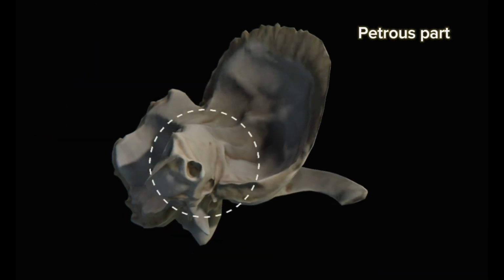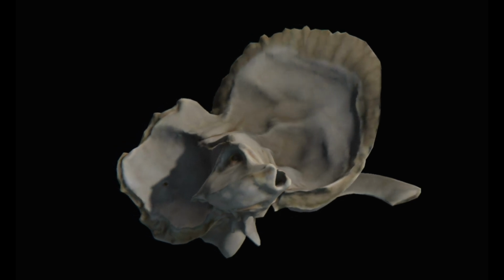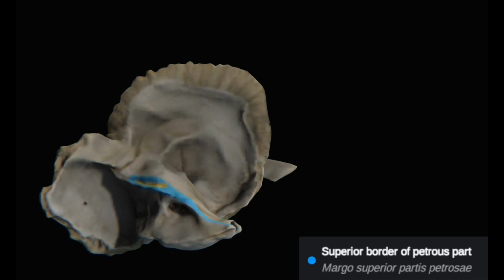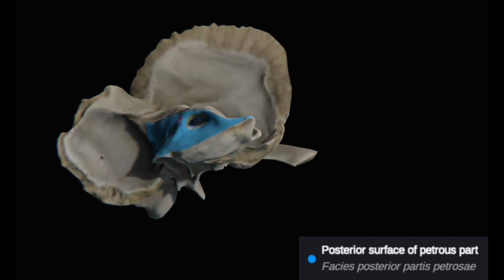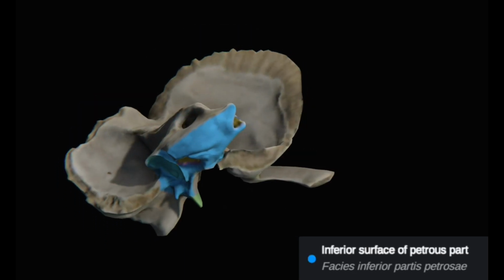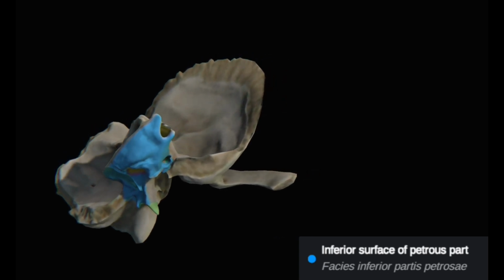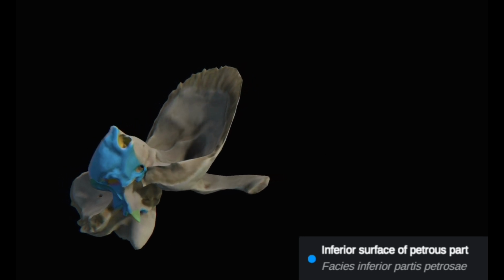The petrous part is so named due to the strength of its bone tissue, which is necessitated by the fact that this part of the bone forms a portion of the base of the skull and serves as a bone container for the organs of hearing and balance. These organs have a very delicate structure and are provided with reliable protection from injury. It develops on a cartilaginous basis.